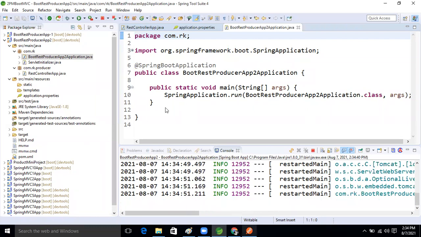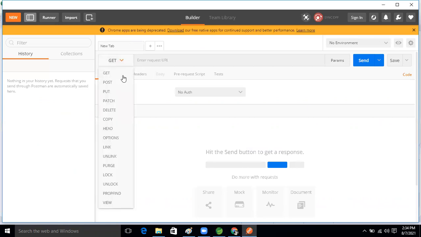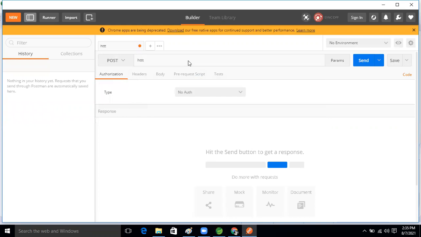Select the post here. http://localhost:9898/